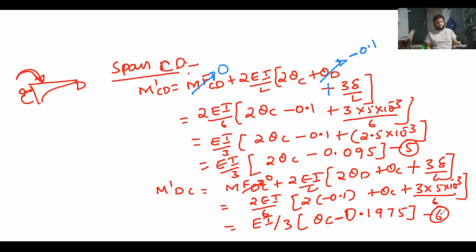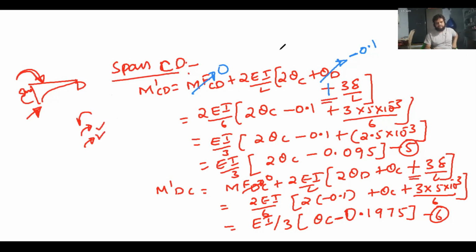What did we do first? First of all, we have calculated fixed end moments. All are 0 because there is no load, no moment. Similarly, if you come back here in the fixed end moments, the only important thing that you have to observe is settlement, how settlement values are differing from span to span. In the first span, we got anti-clockwise, in the second span clockwise, and also in the third span clockwise. That is the reason this generalized equation is replaced by plus in the second span as well as the third span.